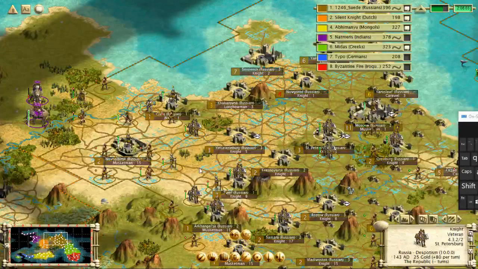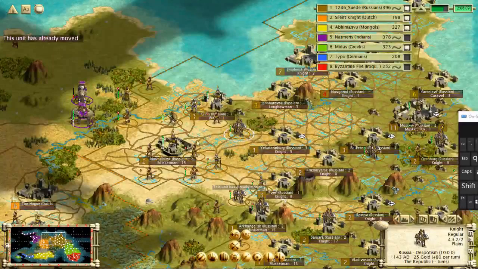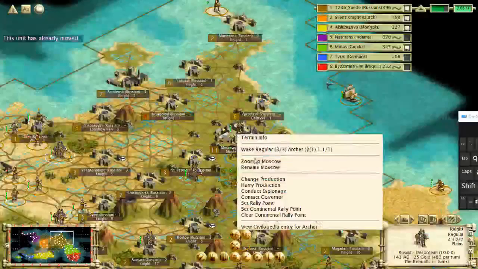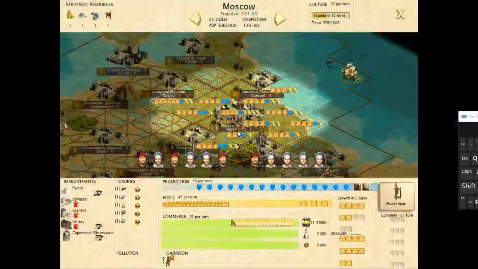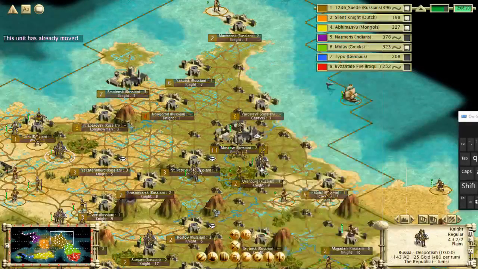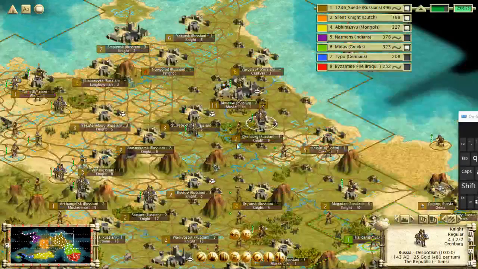You can see how much easier this would be if my cities were 2 tiles apart. Cheetah and Novborisk. But they're not. Can I grab... not even 1 knight per turn production? That's sad. Okay. Well...